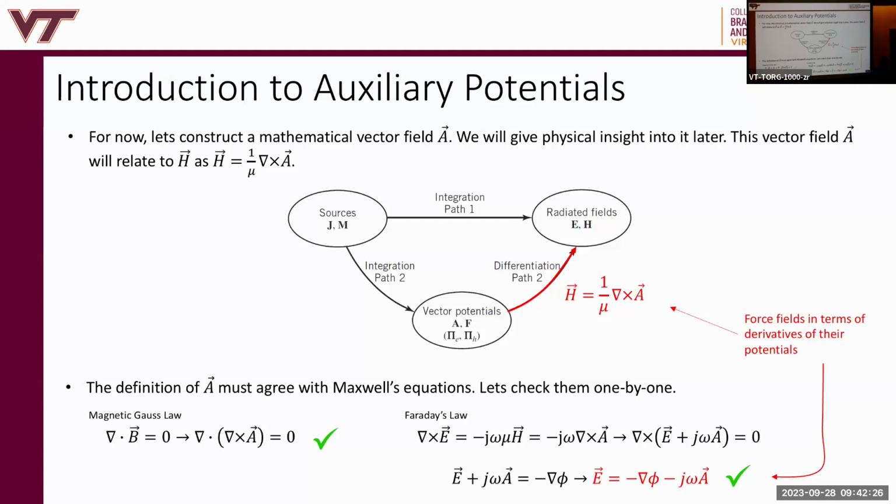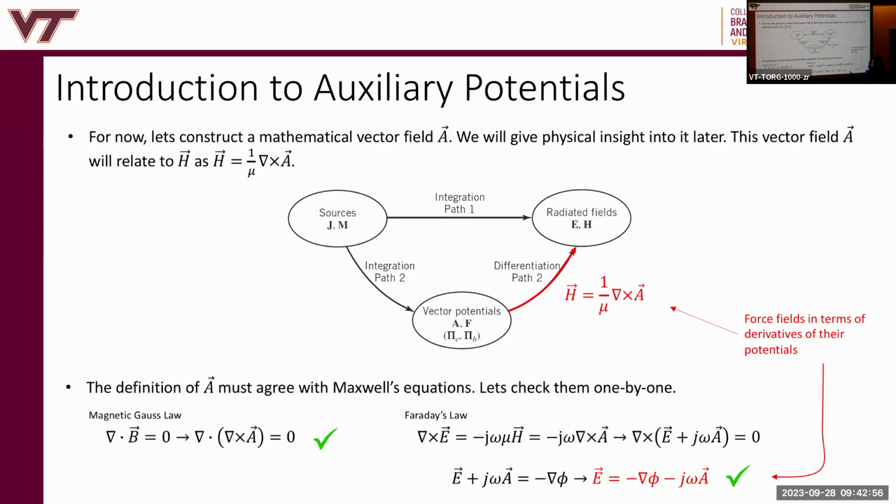Does this look familiar? If I remove this part, does it look familiar? That's statics, right? E equals minus gradient of V or phi. Now I can specialize this solution to statics by saying that in statics, omega is equal to 0, because F is equal to 0, it's DC. So if I make omega go to 0, DC, then I recover the DC result. And we know the electric scalar potential is related to the electric field through the minus gradient operation, right?